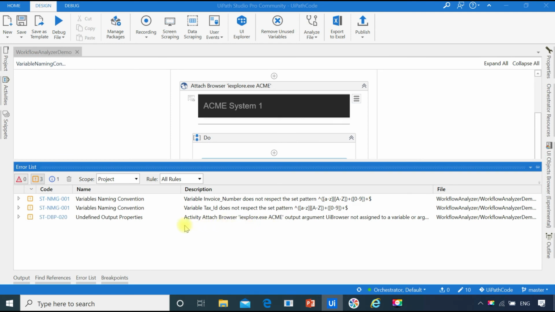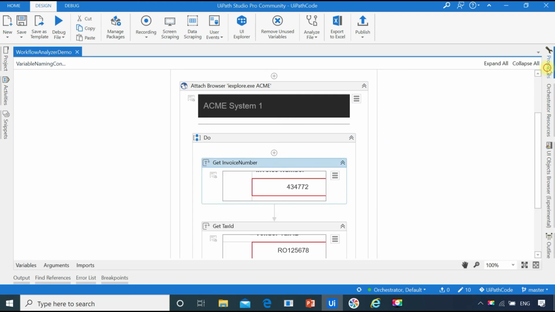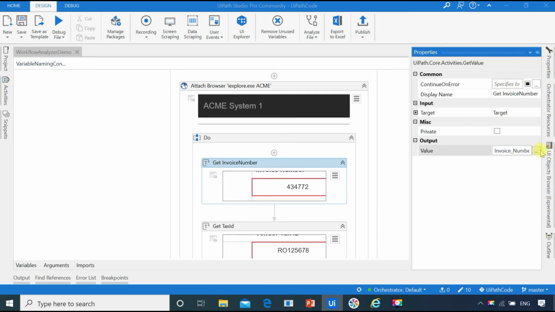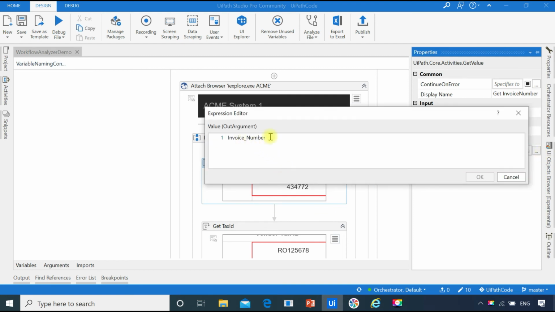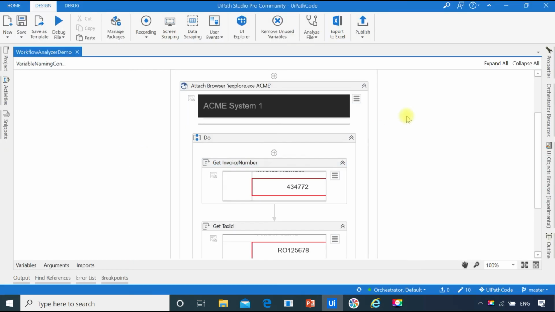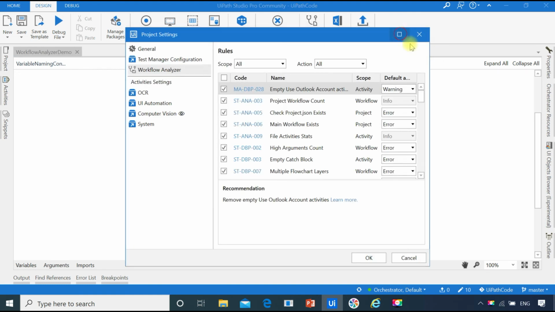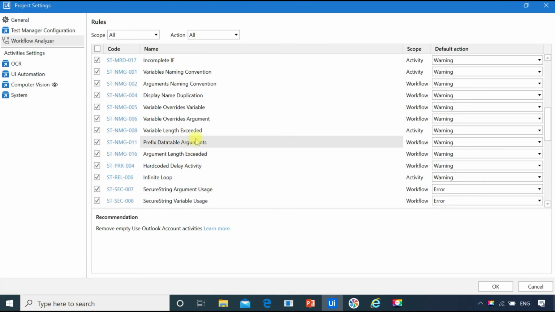You can see now we have three more warning messages: Variables Naming Convention and Undefined Output Properties. First we'll fix the variables naming convention. As I said already, it is displaying the warning message for variable names because there is an underscore symbol, but my project says there must be an underscore symbol. So I'm going to customize the regular expression pattern as per my project needs.